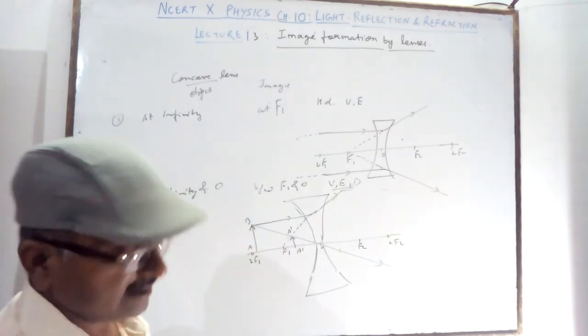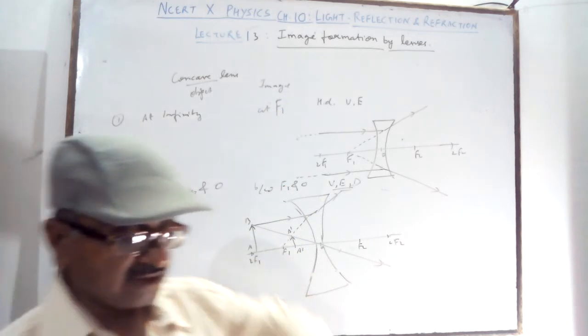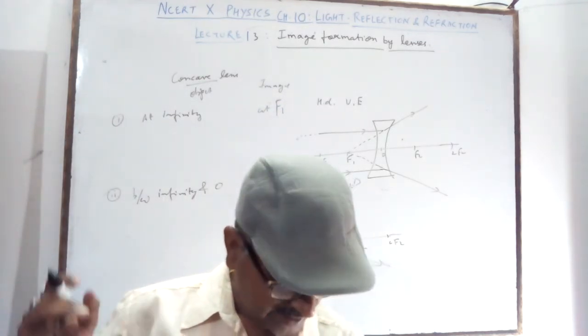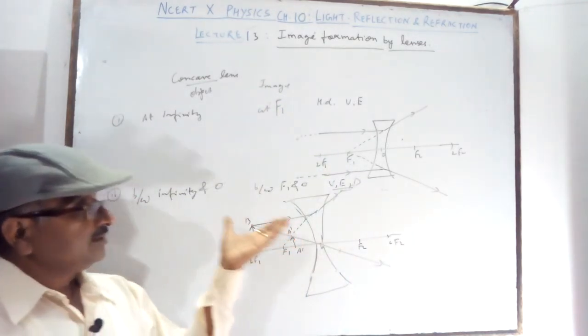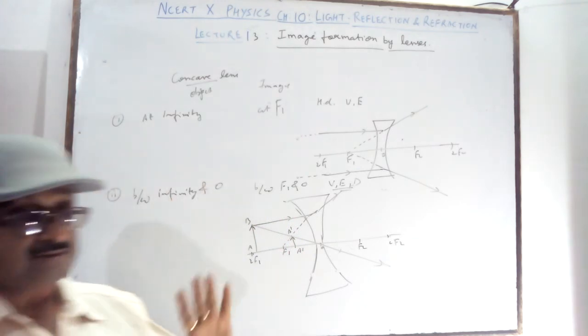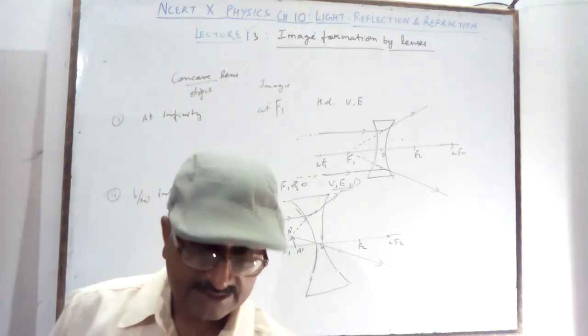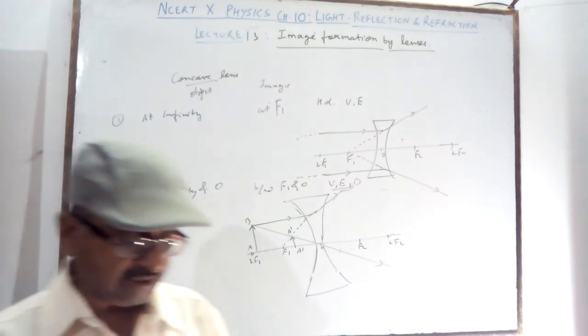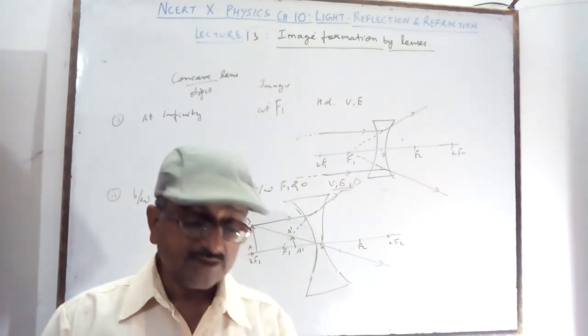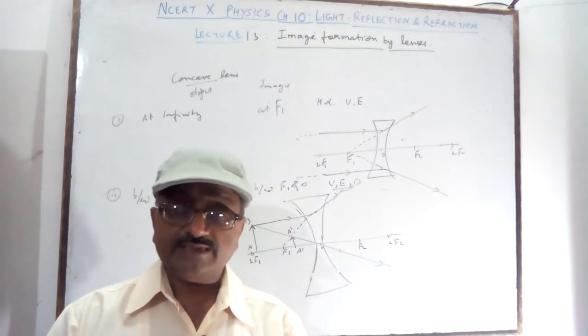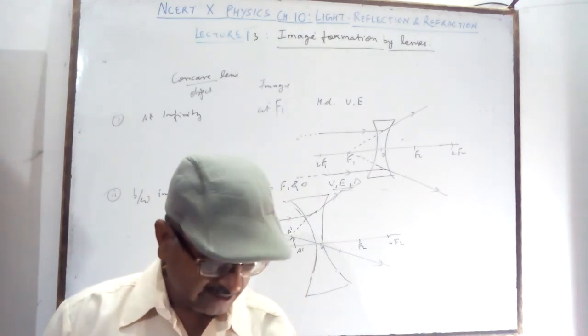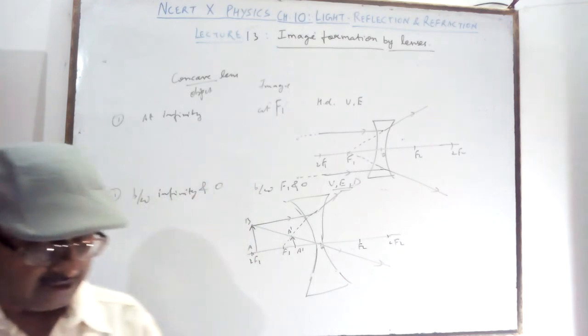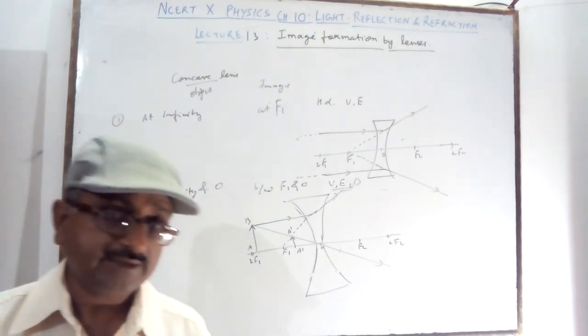So these are the ray diagrams you have seen with the figure, and now you will draw all the 6 conditions of the convex lens and the 2 conditions of the concave lens with pencil and scale. You draw the ray diagrams, and then we will study in the next lecture the sign convention of spherical lenses as well as the lens formula. Thanks for today.